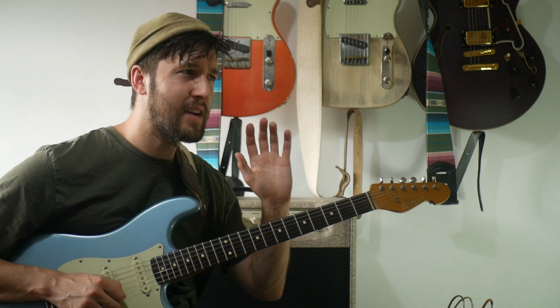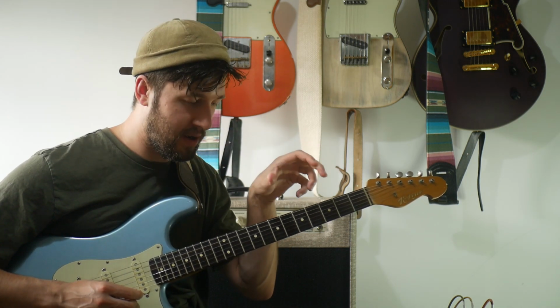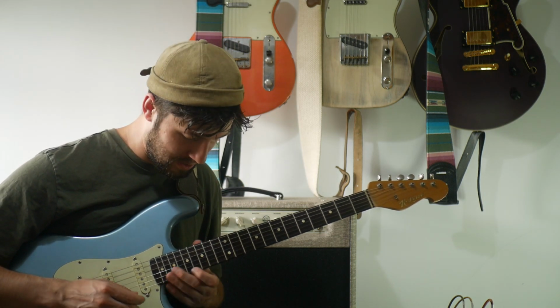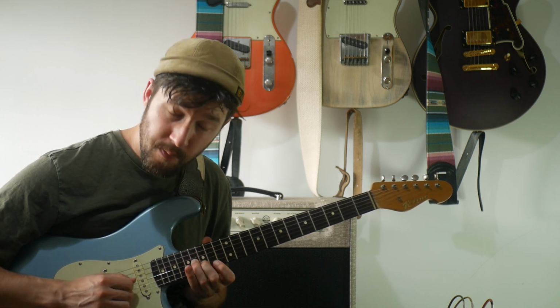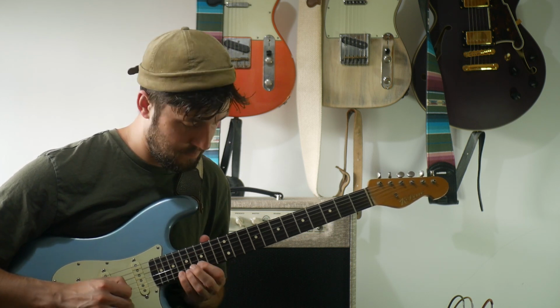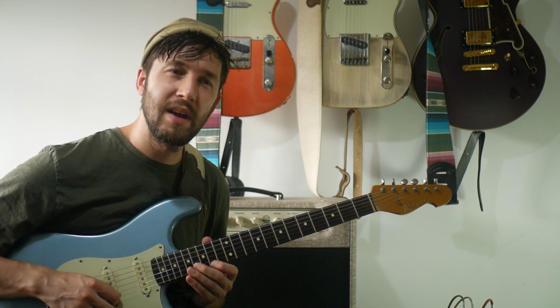And then I think there's a little bit of a stumble in the middle of the lick. So the way that I modified this to make it all stay completely in time is to do a double pick on that F sharp. So we get that double pick,